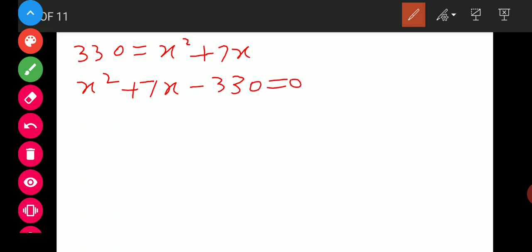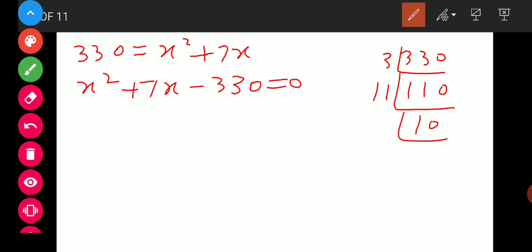So first of all you can find the factors. How can we find the factors? Suppose 330. First of all it is divided by 3, so 110. Now it is 11, so it becomes 10. So now 2, so 5, and here is 5, so becomes 1. We have to find 7 with the help of this. So how can we find? 11 2 are 22, so 22 minus 5 3 are 15. So we can find this 7.